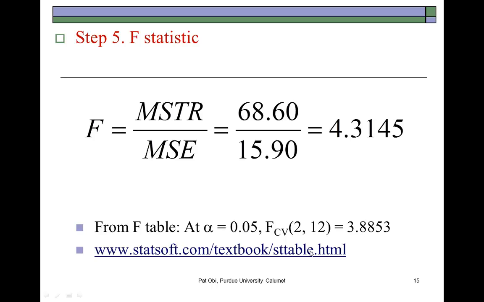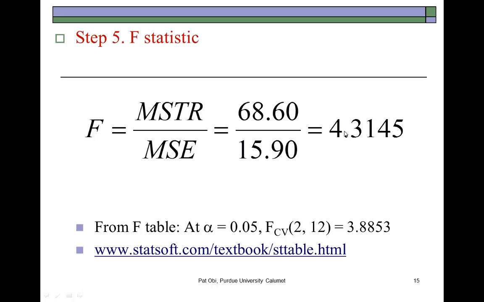And finally, we calculate the F statistic, which is the ratio of mean square treatments and mean square errors, which you see here. Remember, mean square treatment is our measure of explained variation, and mean square error is our measure of unexplained variation. These are the corresponding numbers, which works out to be 44.31. So this is our calculated F statistic, which we must then compare to the critical value of F from